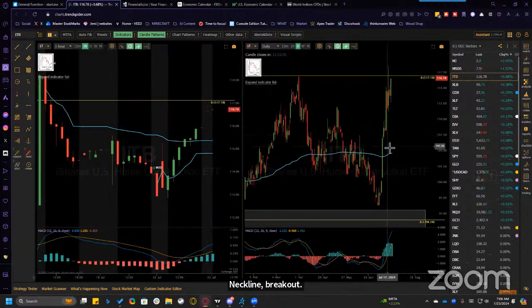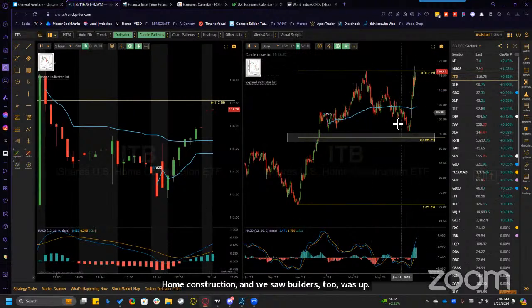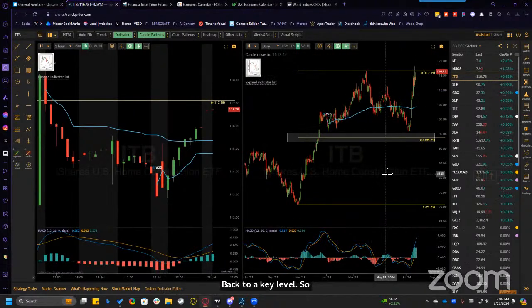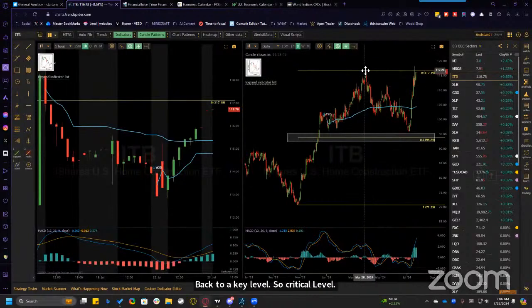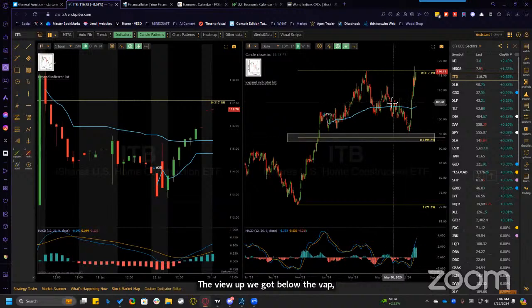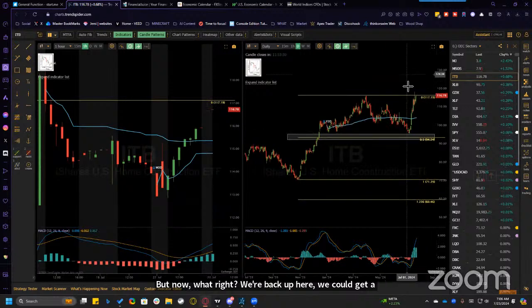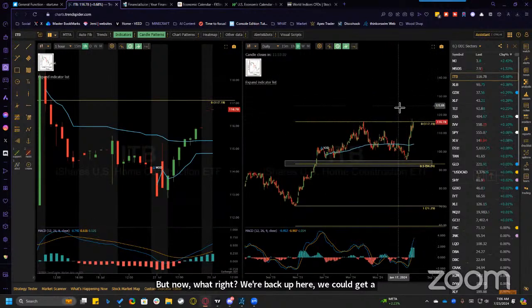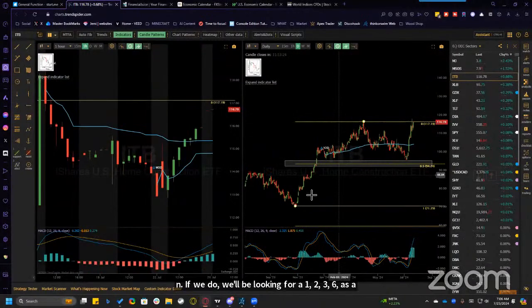Home construction, and we saw builders too, was up back to a key level. It's a critical level. We had a reciprocation. What we had above the VWAP, we got below the VWAP, so we got that zipper play. But now what, right? We're back up here. We could get a really nice breakout and expansion. If we do, we'll be looking for a 1, 2, 3, 6 as a test. After that, we could